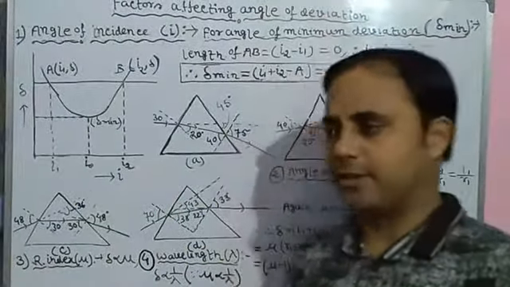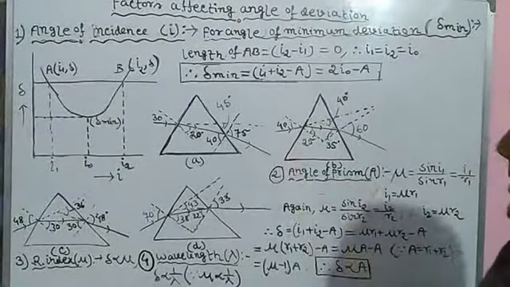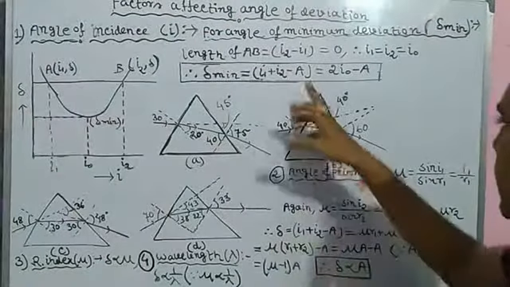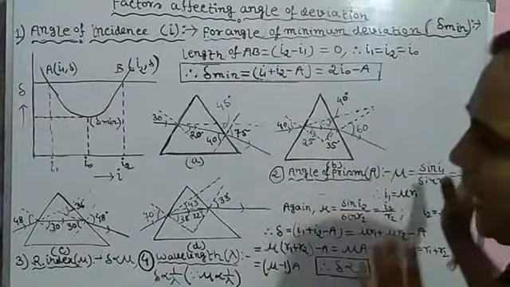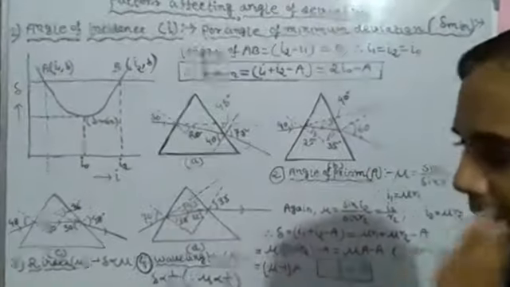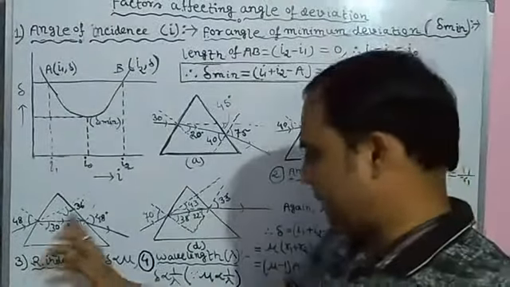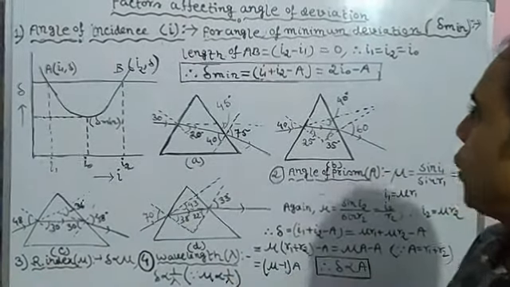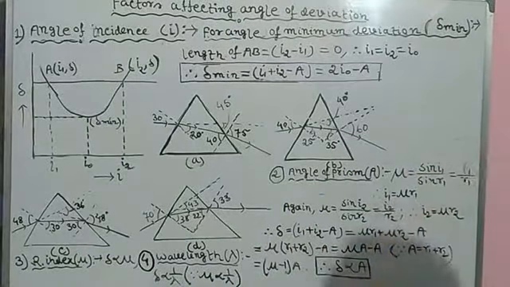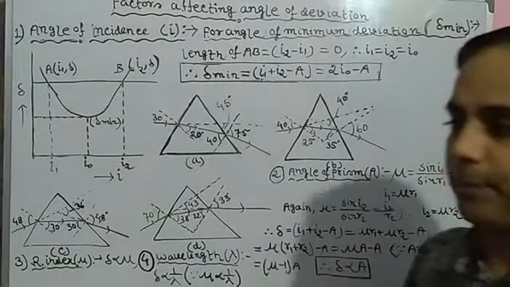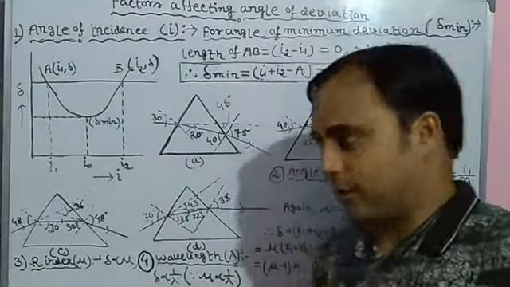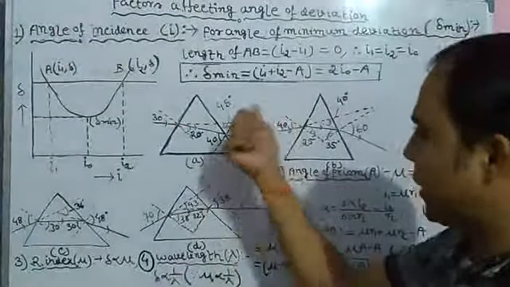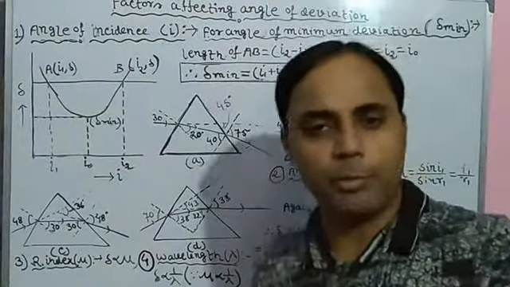Here the interesting fact is that today we will discuss the factors affecting the angle of deviation. We have already learnt the deviation, I1 plus I2 minus A, where A is nothing but R1 plus R2, that is the total of the angle of refraction at the first surface and the angle of refraction at the second surface. So the factors affecting the angle of deviation means the angle of deviation produced by the prism depends on which factors? Number one is the angle of incidence. That's why the main one is the angle of incidence, as I have told. If we change the angle of incidence, automatically the angle of emergence will change.